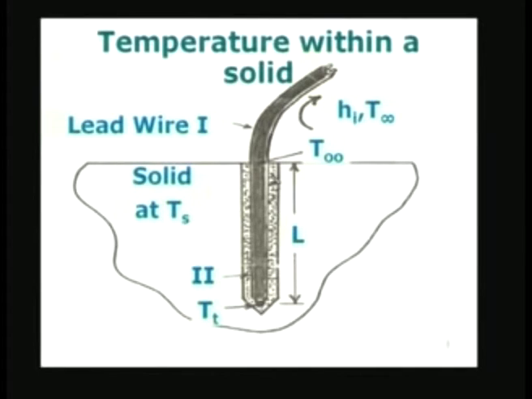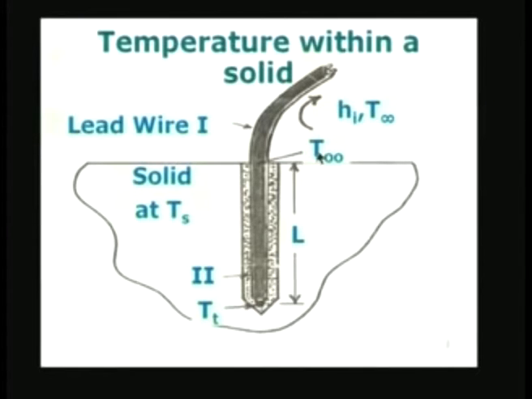One is to have a very good thermal contact between the cable and the hole which is drilled into the solid. Number two, have a very deep hole, with L very large compared to the diameter of the wire. If you do that, you can reduce the temperature error Ts minus Tt. If indeed it is possible to make a very long, very deep hole, then you may even be able to eliminate the difference between Ts and Tt. And also see to it that the outside is not exposed to a very high heat transfer coefficient, because that is also not good for this.